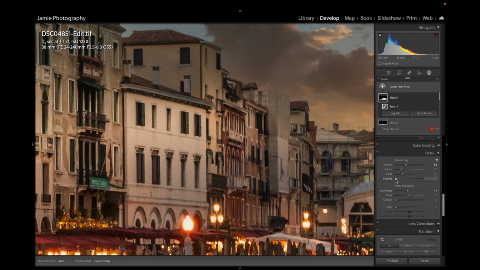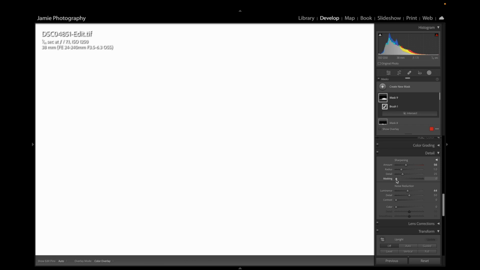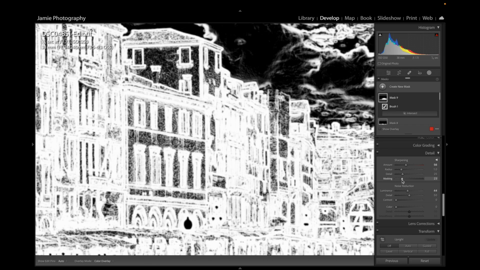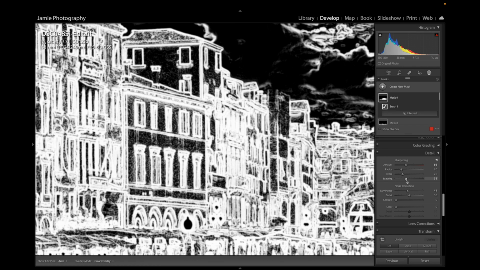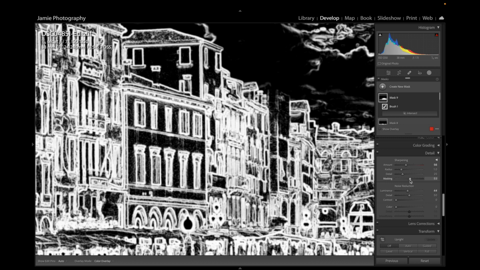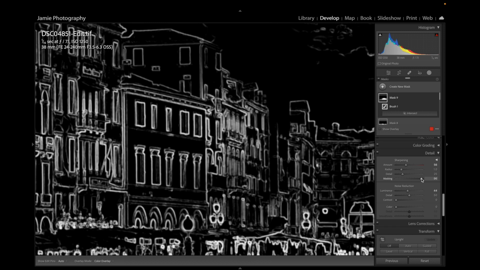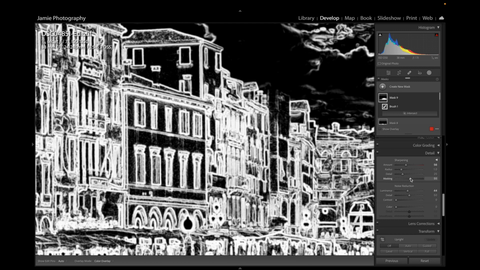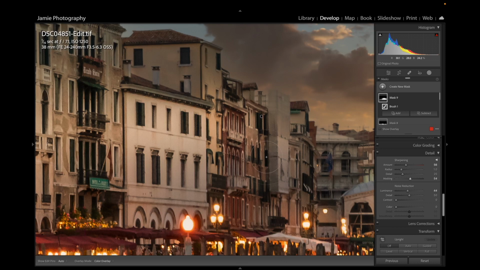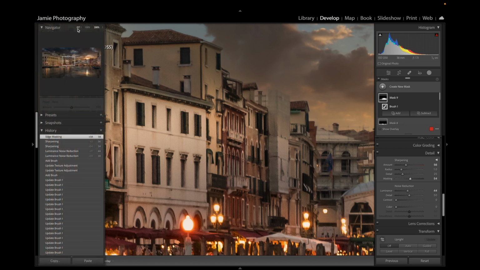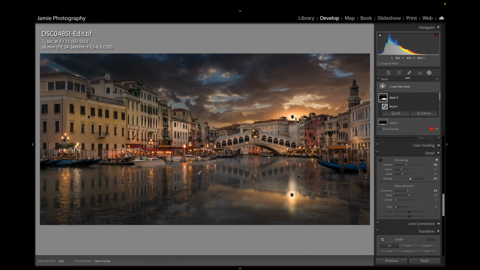If you hold down the Option or Alt key and grab the masking slider, as you start to move it, you will see that it will move across. Now anything that's white will be sharpened, and anything that's black will have the noise reduction put against it. If you go too far, it turns a bit comic-y. So I think in this case we're probably looking around about 50 there. And that would just break up the edge. So if we now go back to the main fit all, we'll have quite a sharp image,